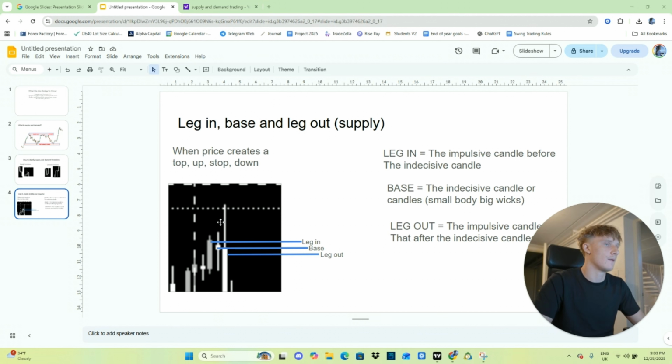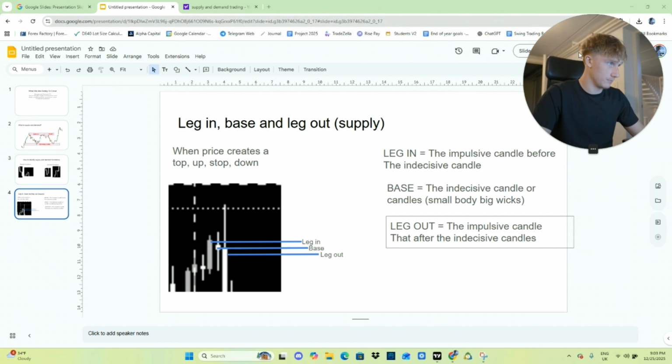And then we have the third and final thing that we need to look at, which is going to be the leg out, right? And this is simply the impulsive candle that essentially leaves from the indecisive candles. So it's the impulsive candle after the indecisive candle, okay? Now we have a few little rules around them, which we'll go into, but first let's take a look at